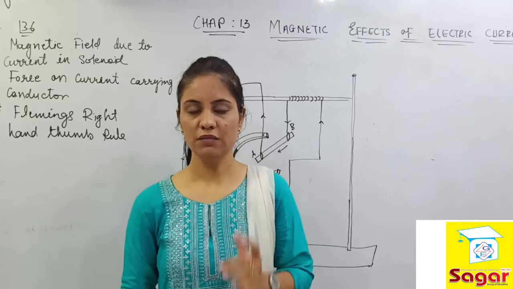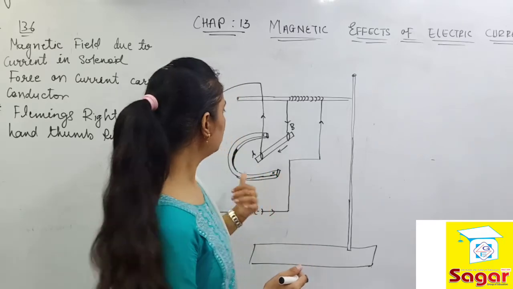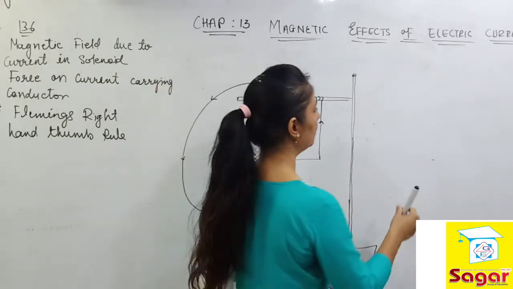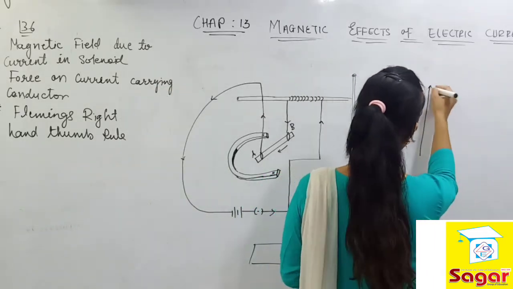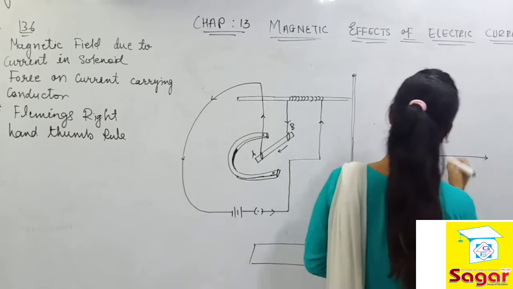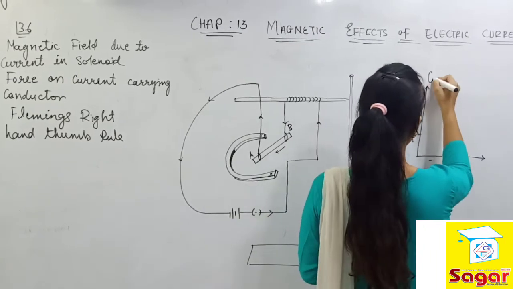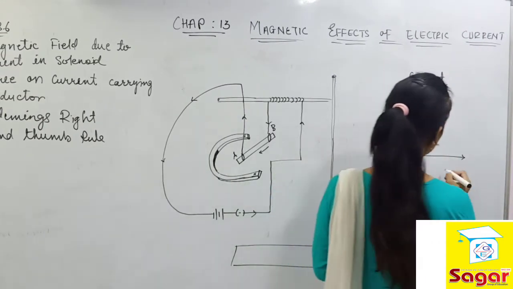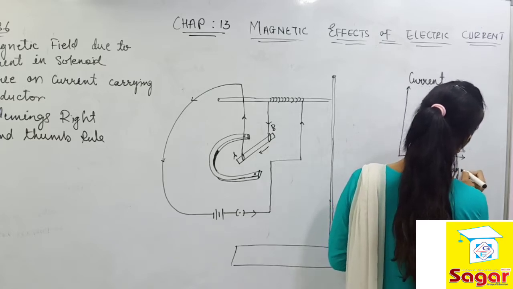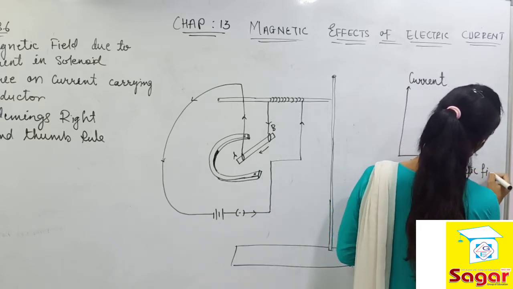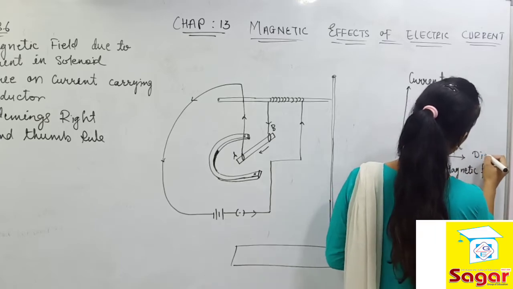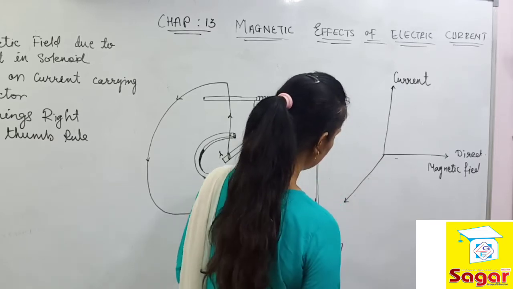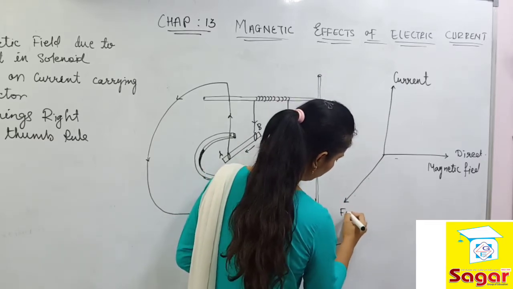Now, two types are there. The first is the current we are applying, and here we are just making the magnetic field generation. Suppose we make a diagram. If I show this perpendicular line, the straight line, that is the direction of the current. If I say the horizontal line, that is the direction of the magnetic field. Okay, and over here, this is the direction of the motion of the force.